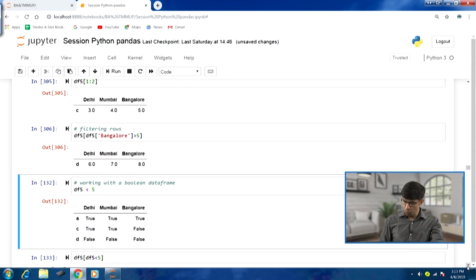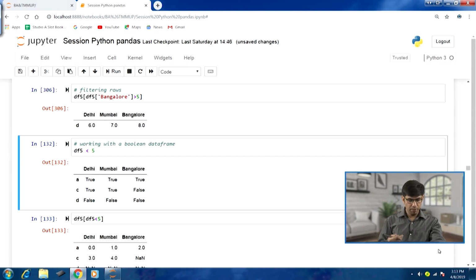Working with a Boolean data frame. If I use an expression like df5 less than 5, this will give me a Boolean data frame where all the values indicate whether the value was less than 5 or not using Boolean values true or false.